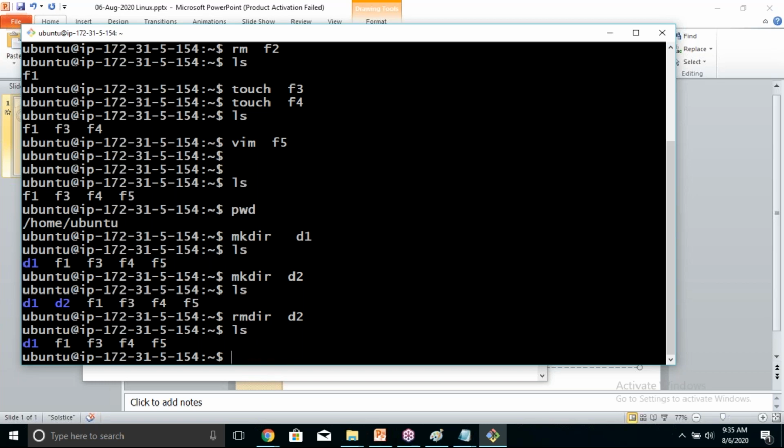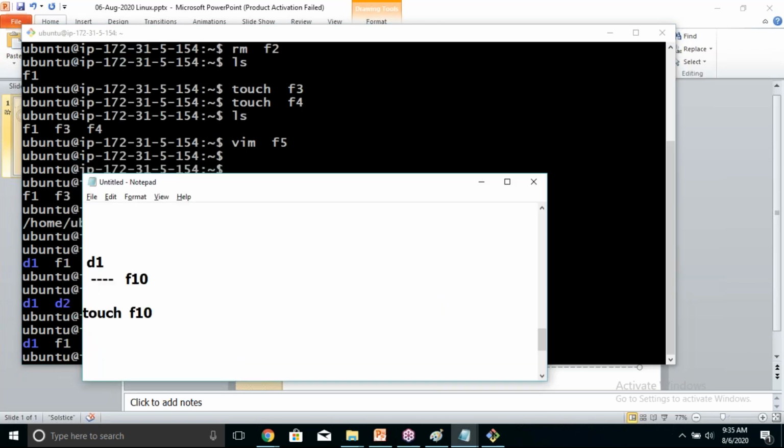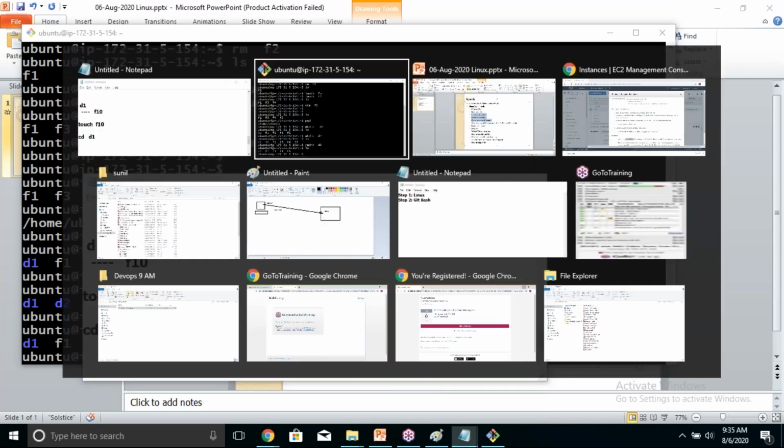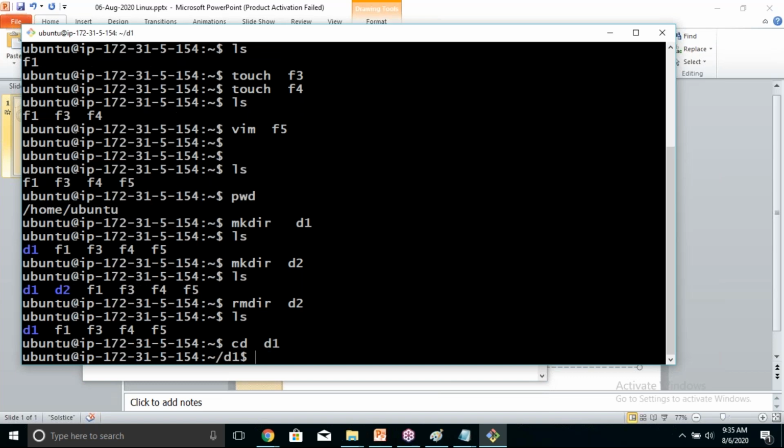So first you need to change the directory and move into D1. The cd command stands for change directory, and it helps you to enter into a directory. cd D1. You have entered the directory.